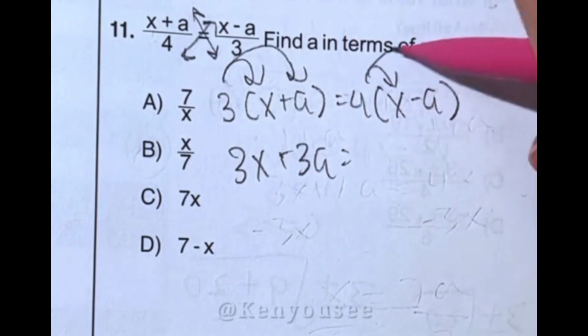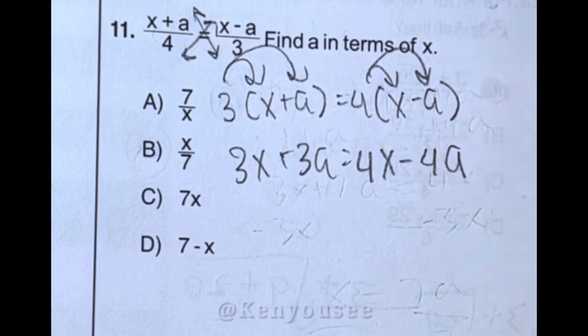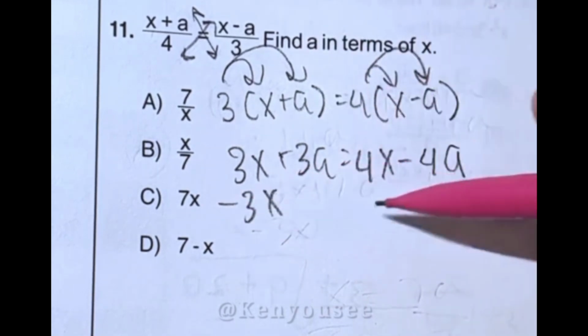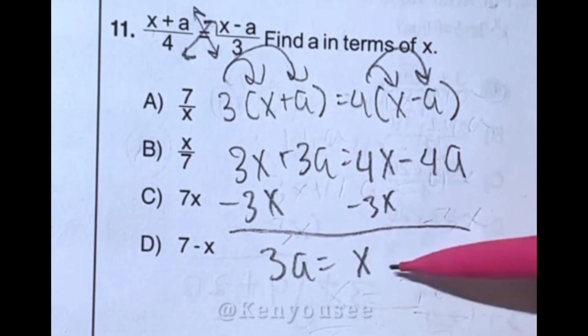Over here, we do the same thing. 4 times x is 4x. 4 times a is 4a. And then we want all of the x variables on one side and all of the other stuff on the other side. So I am going to subtract 3x on both sides, giving me 3a is equal to x